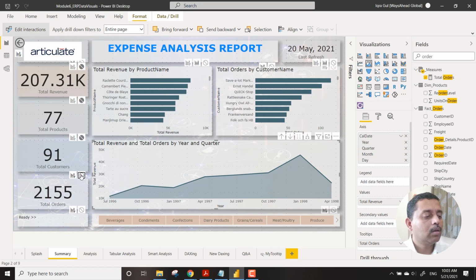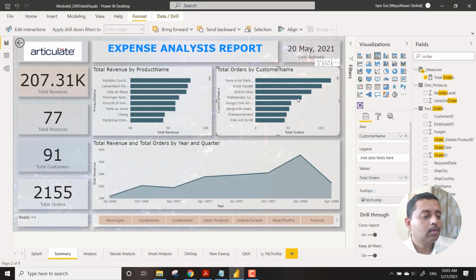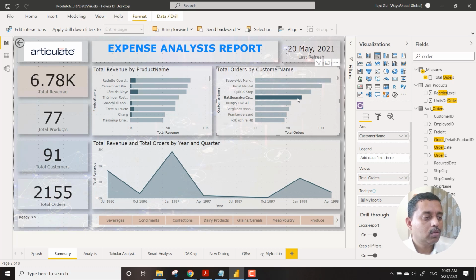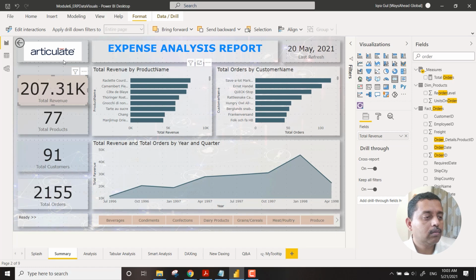This will not move like this. If you remove it, see what happens. If you now click on this quick stop, the first one, I was not able to find the interaction.